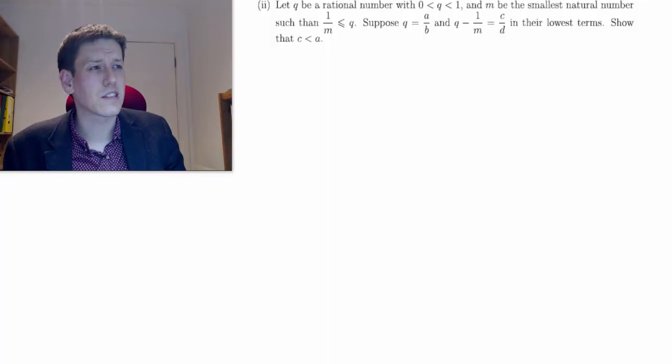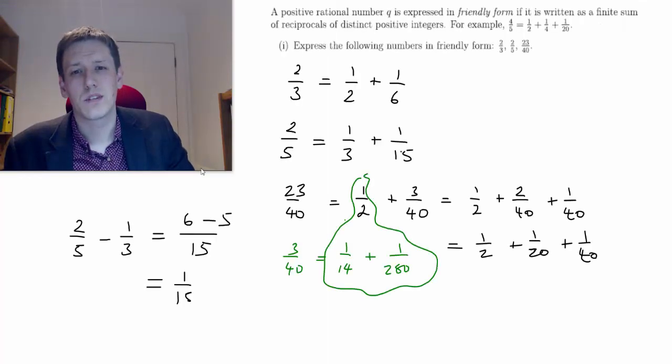If you think about it, this is kind of what we were doing in some parts of the previous question here. It's saying, okay, if I take the smallest number for the denominator, that gives us the largest possible fraction that I can subtract from the fraction q that I'm looking at here, right? So q could have been 2/3 or 2/5, and then here m would have been 2 and m would have been 3. Okay,